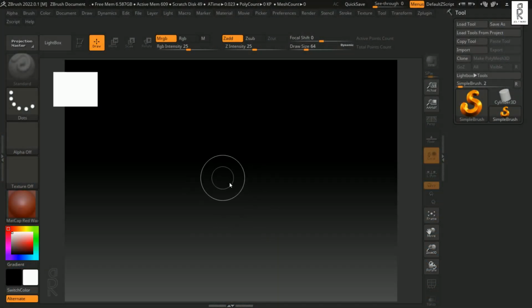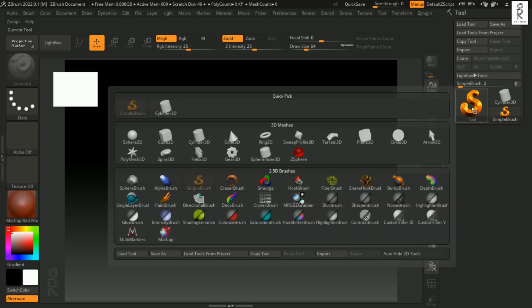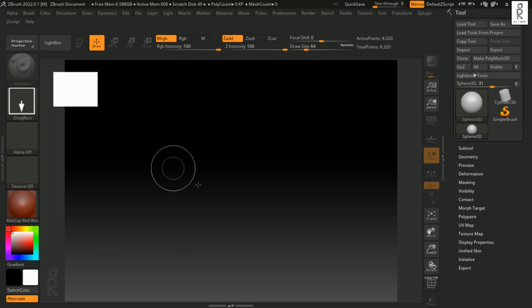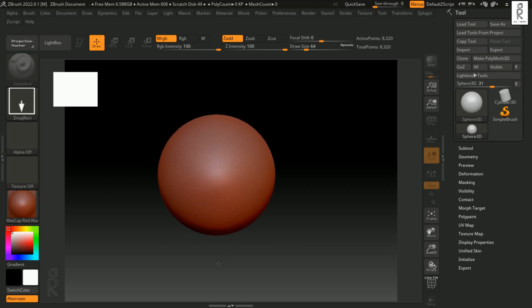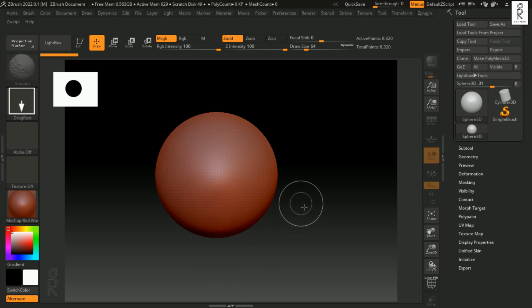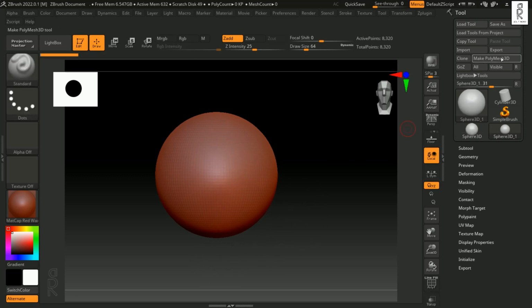So here we are in ZBrush. In the previous lesson, we learned about different types of brushes to sculpt and other important stuff. Make sure to check out that video if you haven't already. The link is provided in the description below. Now let's take a sphere over here, press T on keyboard for edit mode, and then click on Make PolyMesh